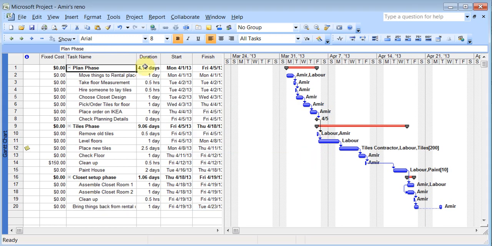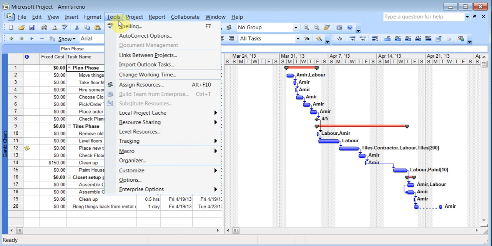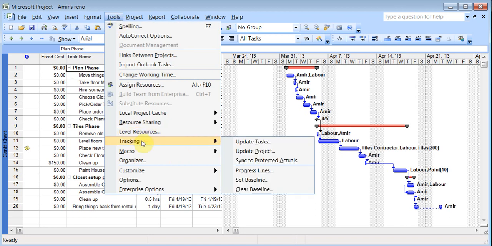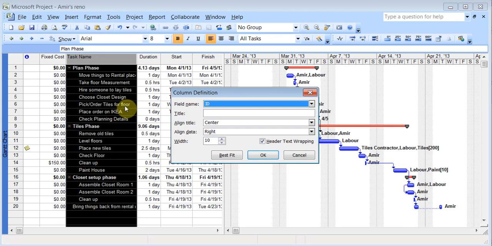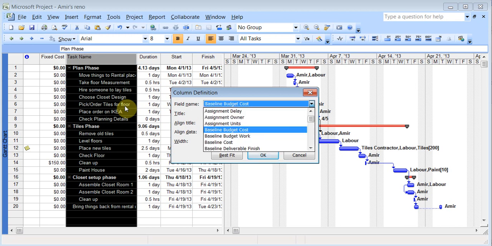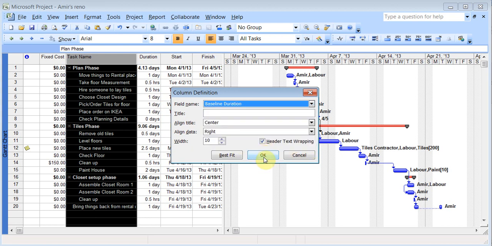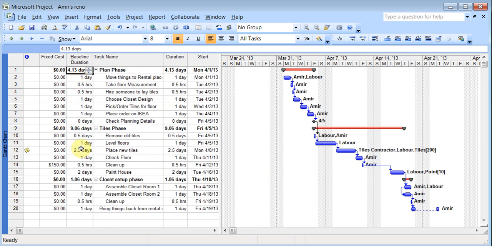And once you add the baseline, I've gone ahead and added the baseline under tracking, set baseline. And if I right click here, I can insert a column and type base. As I type base, I can see baseline budget cost, baseline budget work, baseline cost, baseline duration. So I can have these columns sitting here so I can see what my baseline was, and if there was